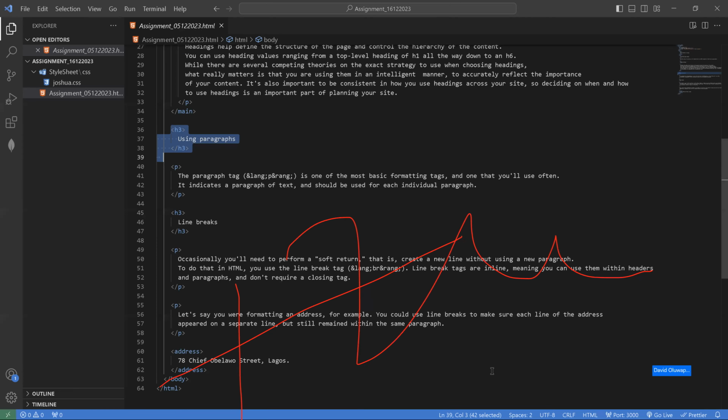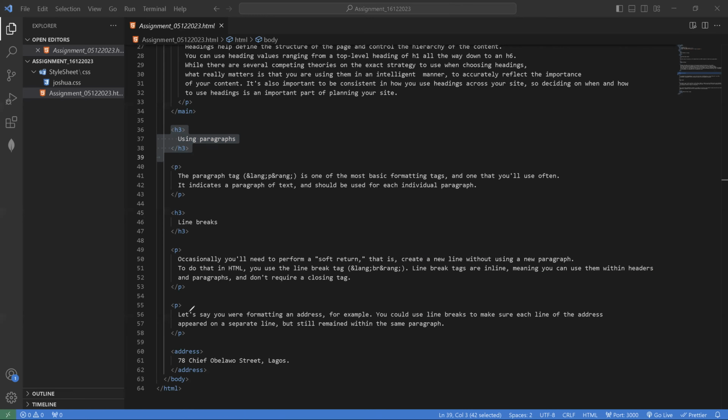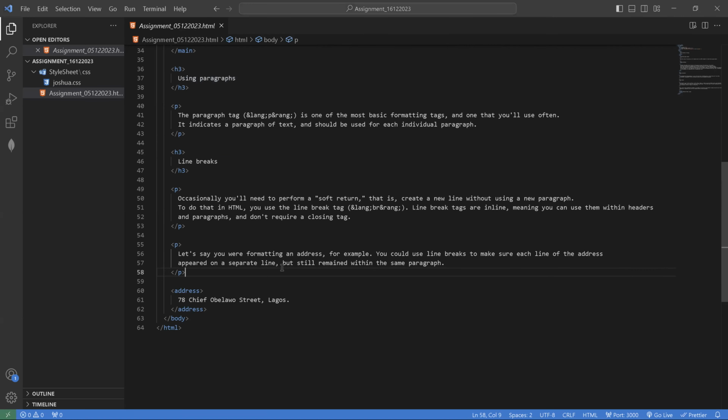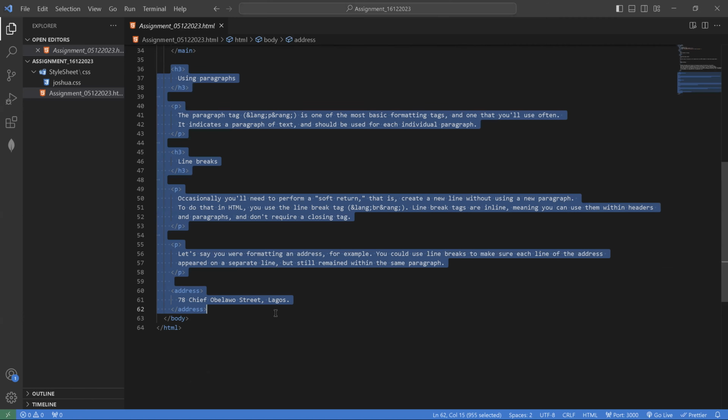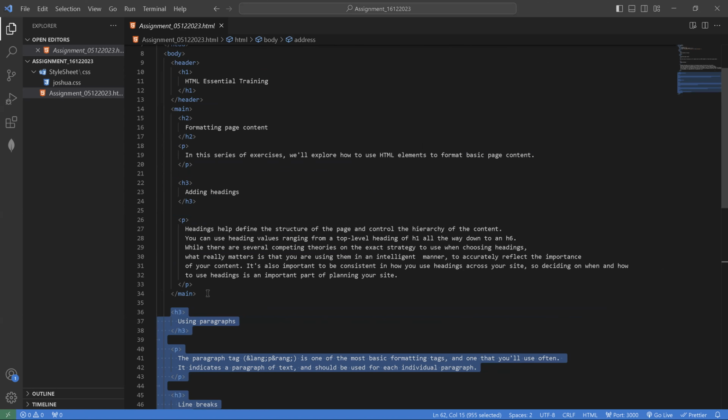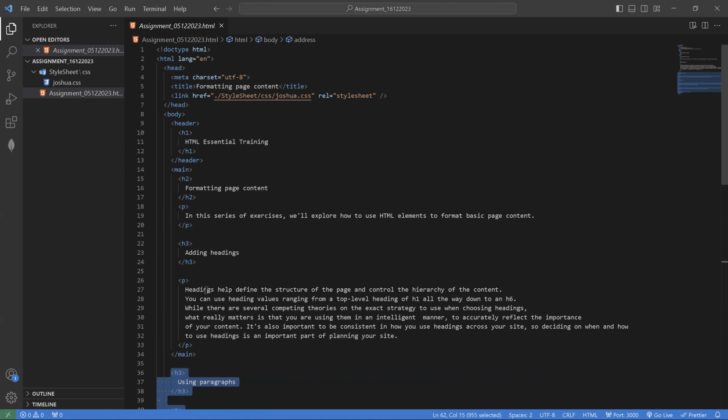What happened? Okay. So this is the part we are trying to format today. Now, if you see the upper part of it, you will observe that we have done the formatting